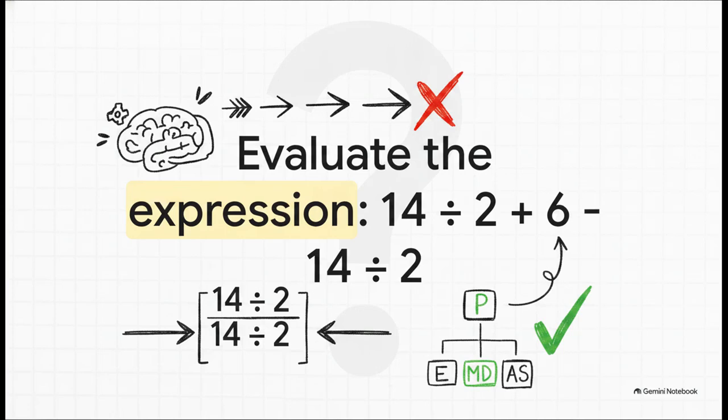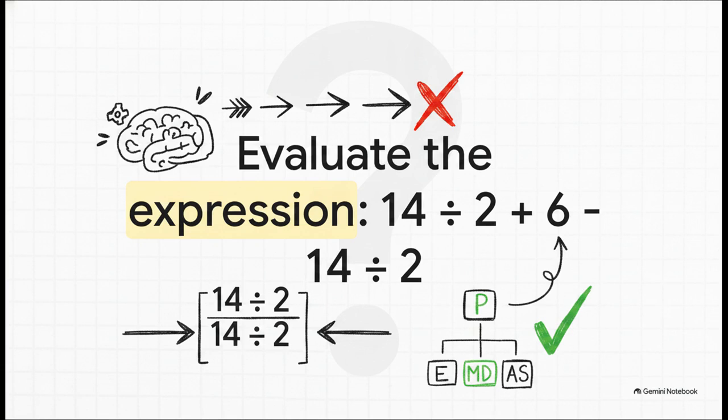All right, take a look at this equation. 14 divided by 2 plus 6 minus 14 divided by 2. We have all seen problems exactly like this blow up on social media and literally ruin friendships in the comment sections. Now, if you read this straight across from left to right, just like a normal English sentence, you'd calculate